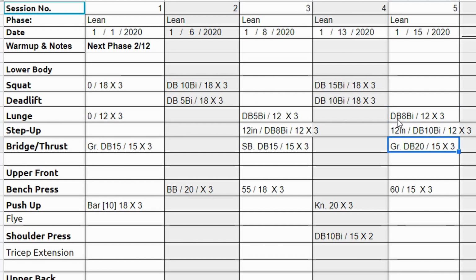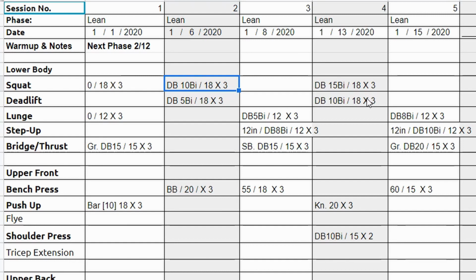So I think now is a pretty good time to say what I'm trying to achieve here when I pick a weight and a number of repetitions. I'm trying to achieve some sort of challenge with that client. I'm definitely not trying to kill them, and typically I'm not going to try and push them to failure either, but there definitely needs to be some level of challenge. The only exception to that might be if I'm just working purely on form. But for most of these exercises, we were not working purely on form.